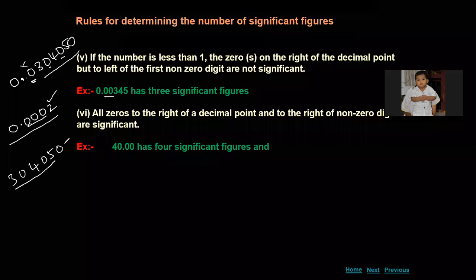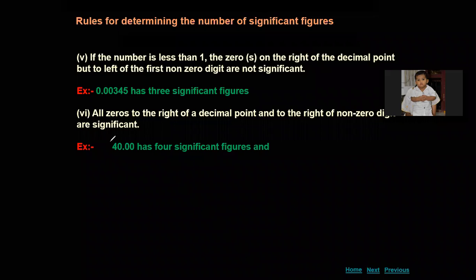Okay, why we are not considering this as significant here, whereas here as significant, I will explain to you in the end. So that is how we are considering significant figures. I hope it is clear now. And if the number is greater than one, whatever zeros are there after the decimal, those are significant only, because they are coming after a non-zero digit. All the zeros are coming after a non-zero digit. That's the reason these all have become significant. Now here significant figures are 4.